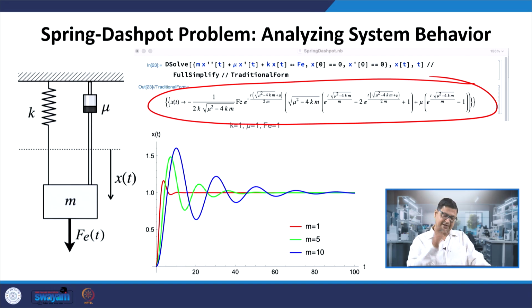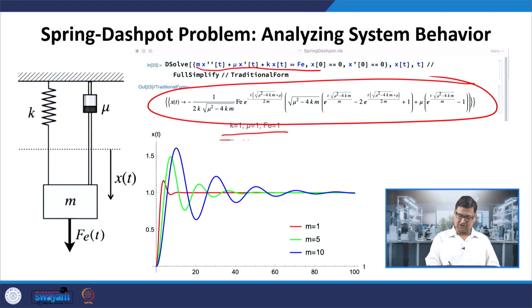So, we get some complicated equation, which I am solving, whatever I showed earlier, and you see that the behavior of the system will of course depend on the model parameters. So, in this case, I am doing it for a given choice of k, mu and Fe. Fe was time dependent in my model, but I am keeping it constant just for the sake of example, and I am changing the mass of the